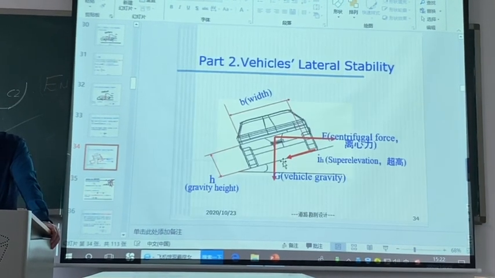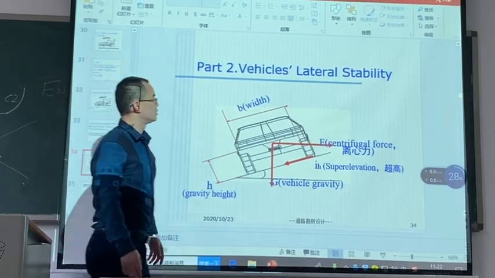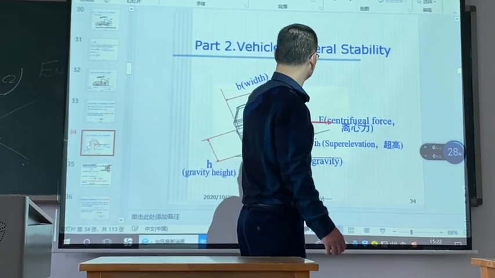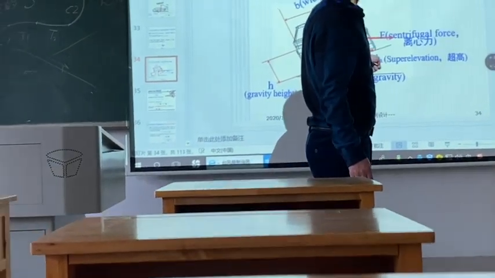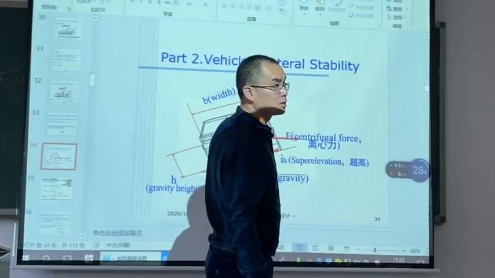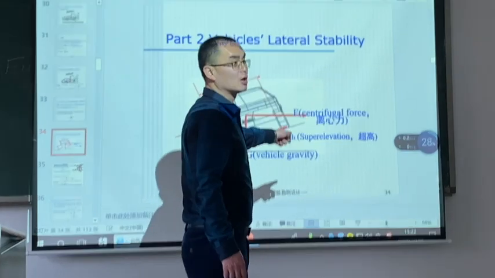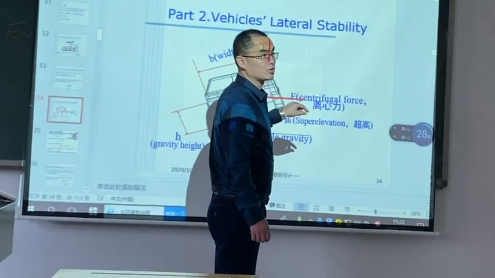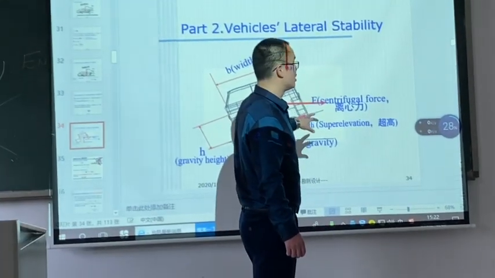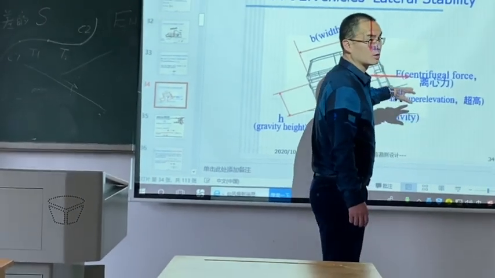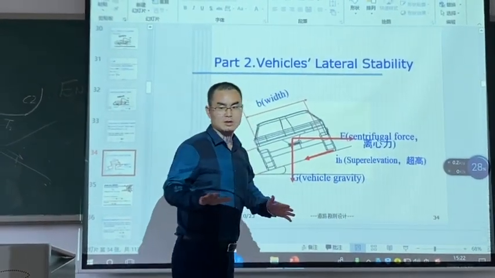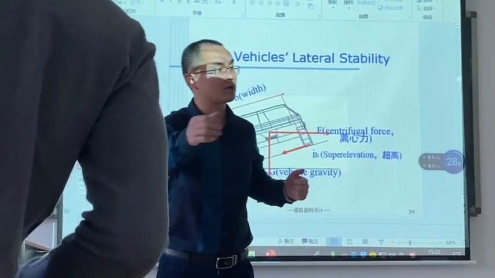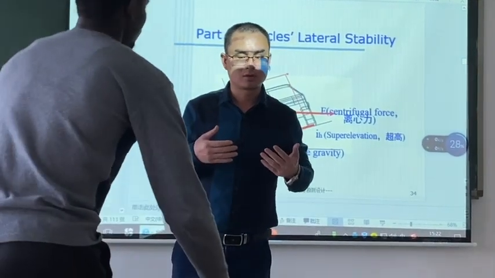But in this case, the road is not safe. If the road is like this, the superelevation is very high. If there is no superelevation, the road is not safe. With superelevation, it is safe. Because when you turn left or turn right on the circular curve, you need